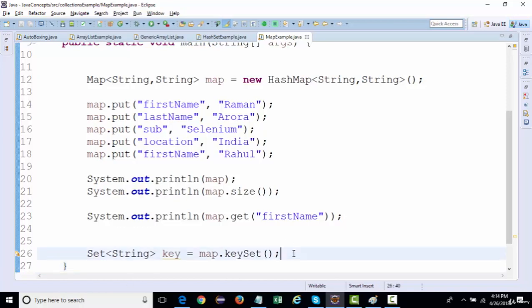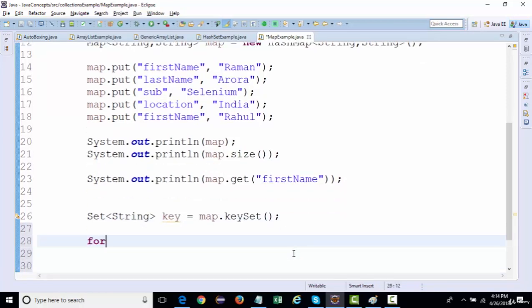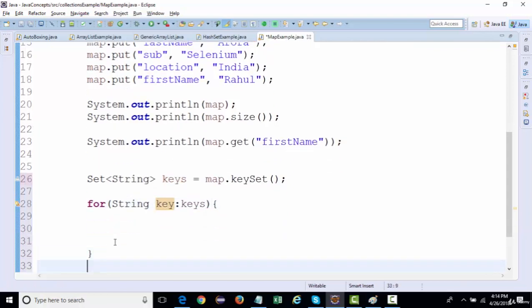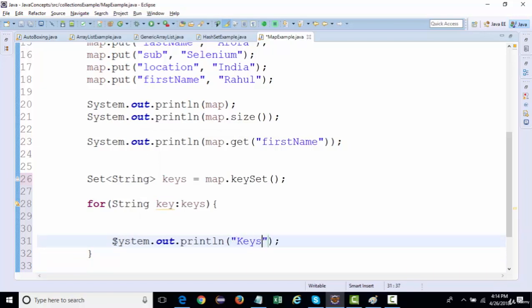And now how you're gonna iterate it? You can use a simple for each. So for each, we're gonna iterate over this. I'll name it as keys. So we're going to say keys and we're going to create a single string key and then we're going to print the key. So we're going to print, we're going to say key is